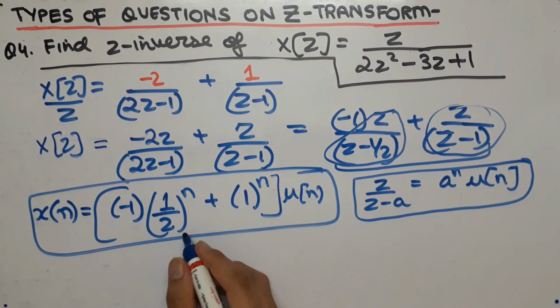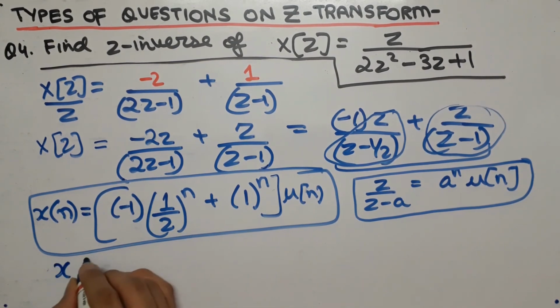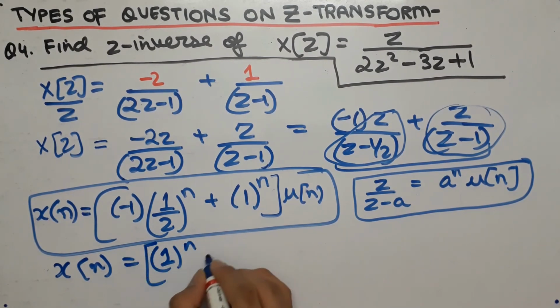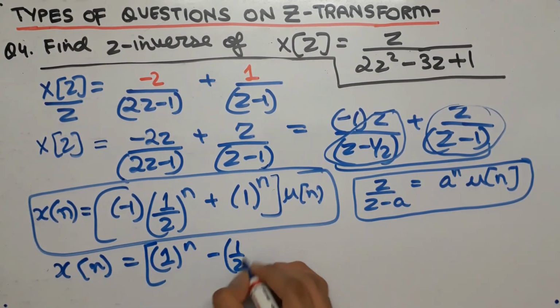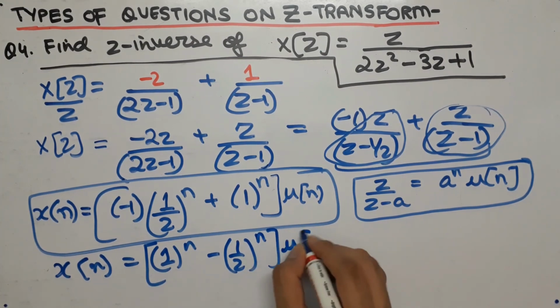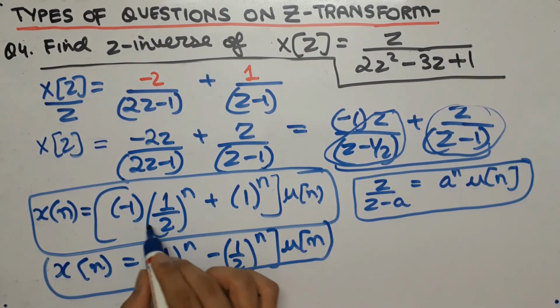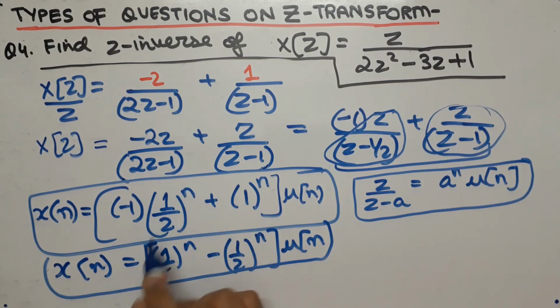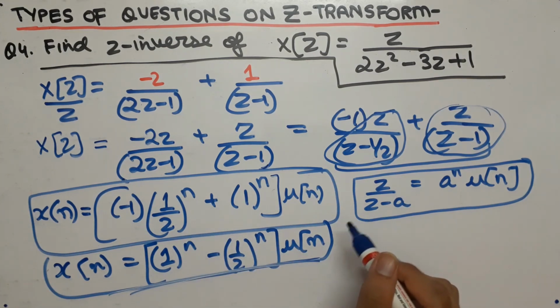If you want, you can further solve this by rearranging it. That is, we can write x(n) is equal to 1^n minus (1/2)^n into u(n). That is, we have simply brought this part over here and brought 1 to the power minus 1 over here. That is, we have interchanged their places. So guys, this is our final answer that we found out by applying the necessary partial fraction method and the inverse Z transformation formulas to find the value of x(n) from X(z).